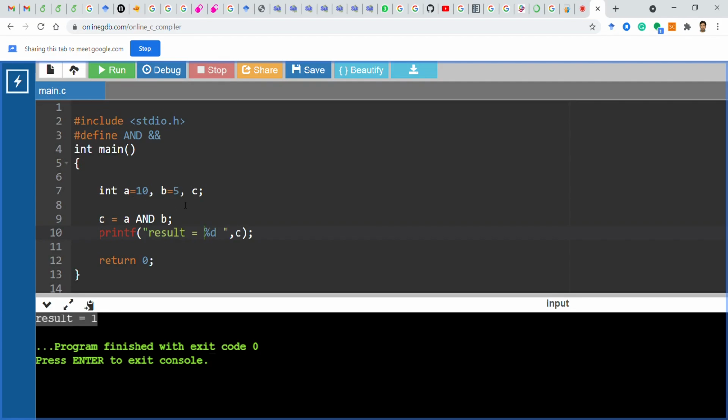That's fine. Now the result will get more interesting if we change the definition of this capital AND to a single AND, because single AND means bitwise AND, right? That means 10 and 5 will have a bitwise AND operation.